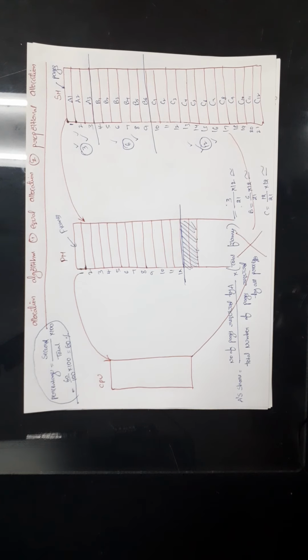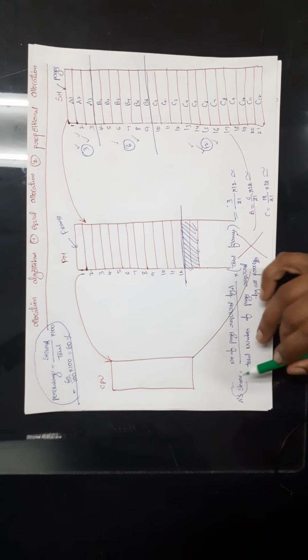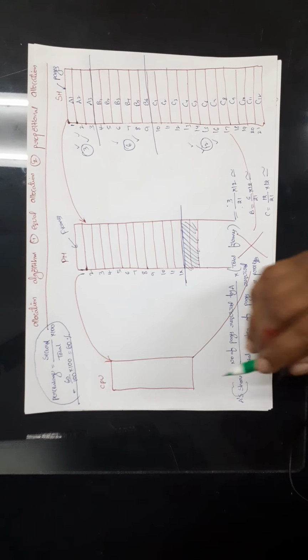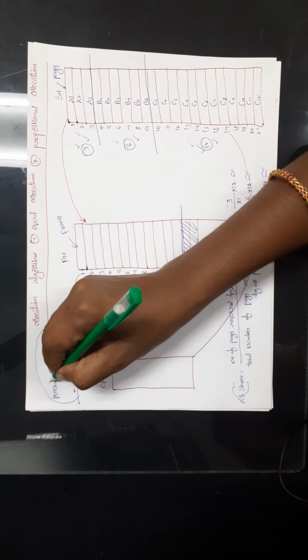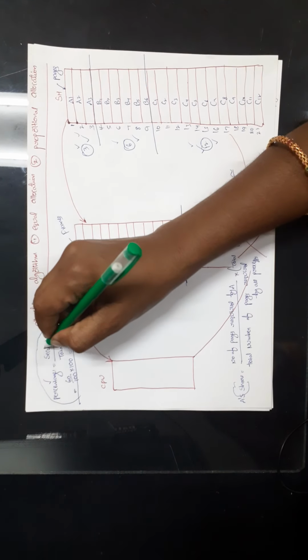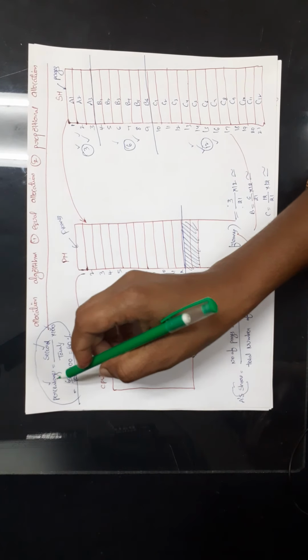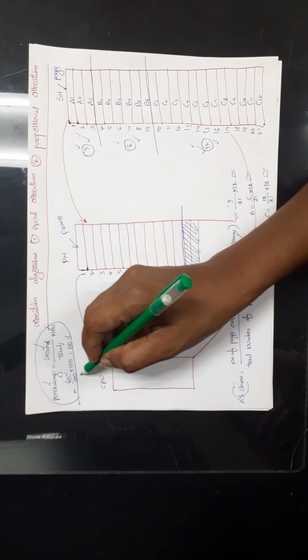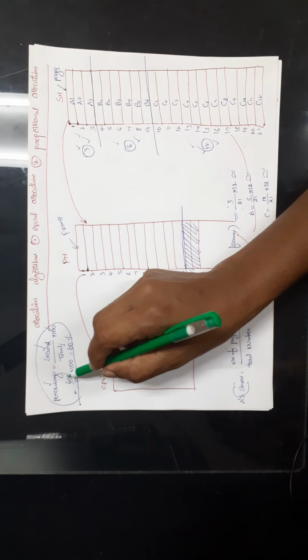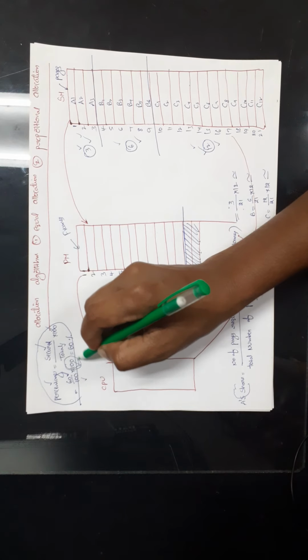In order to calculate the number of frames for each process, we will use one formula. Before explaining this formula, first let us see the formula to calculate the percentage of marks. To calculate your percentage, what is the formula? Your secured marks by total marks into 100, right? For example, you got 60 marks out of 100. So you should write your score by total score into 100, because we are going to calculate the percentage, right?